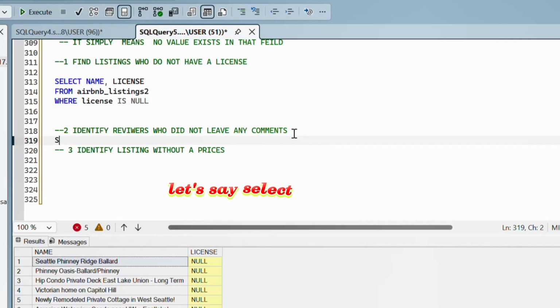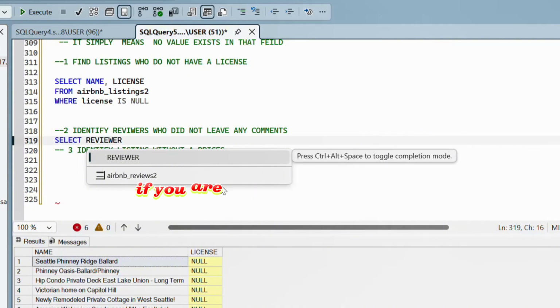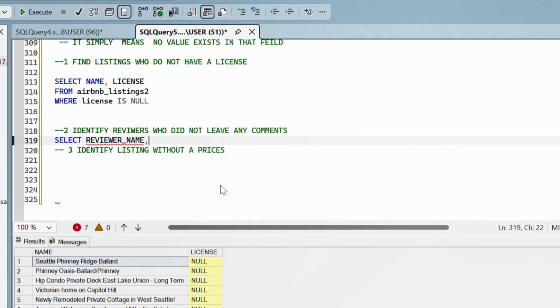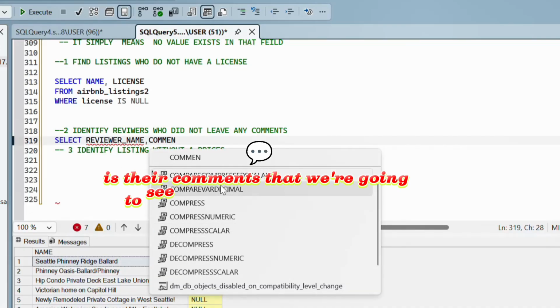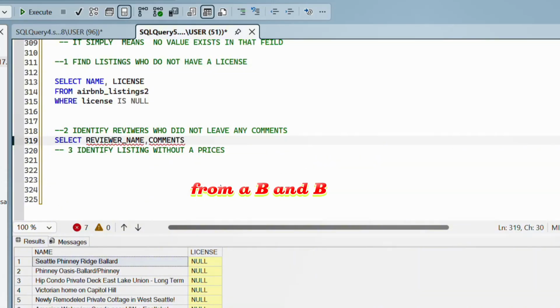So let's say select reviewer_name, comma, and I'm also going to select comments. It's the comments that we're going to check to see if they are null or not,